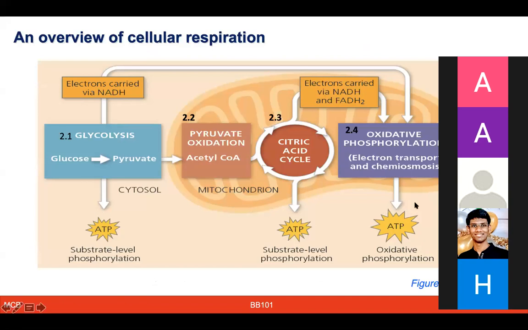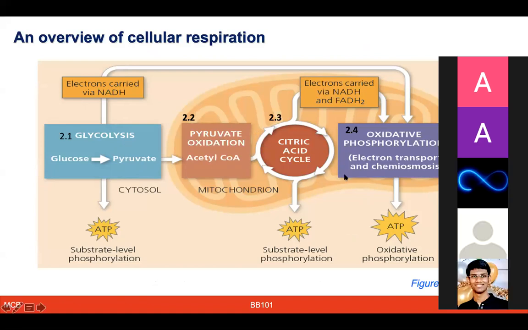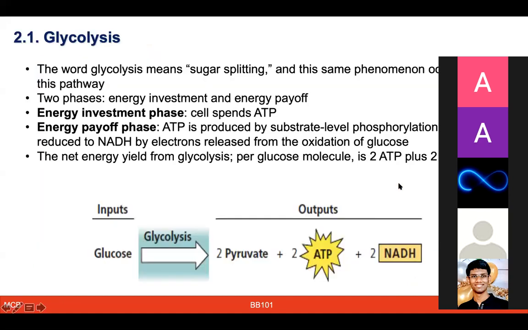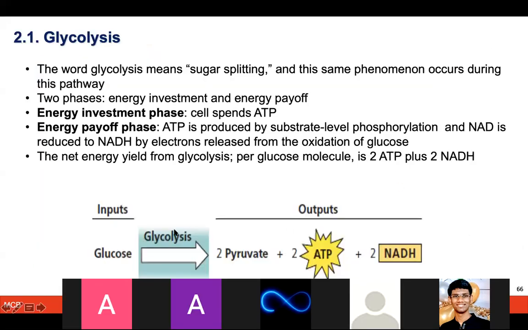Just the overview of cellular respiration, the key steps we talked about, from glycolysis to pyruvate oxidation, citric acid cycle, oxidative phosphorylation. In glycolysis, what you should be paying attention to is that one glucose molecule is the input, and after the end of glycolysis, two pyruvates are formed, two molecules of ATP are released, two molecules of NADH are released. Of course, there are 10 steps of these reactions. I would not ask you questions about what each of those steps are, right?